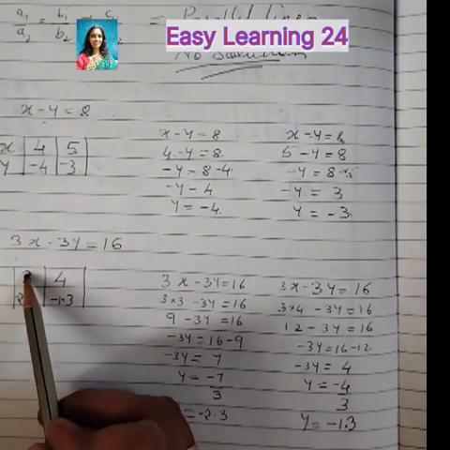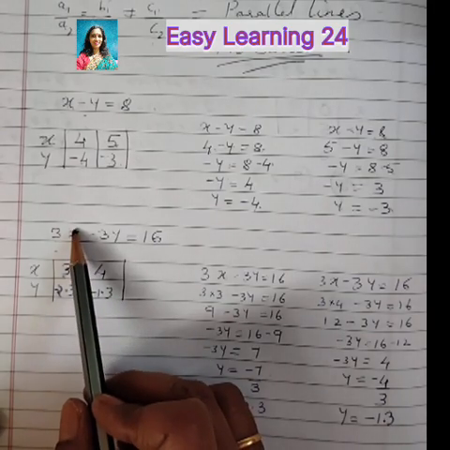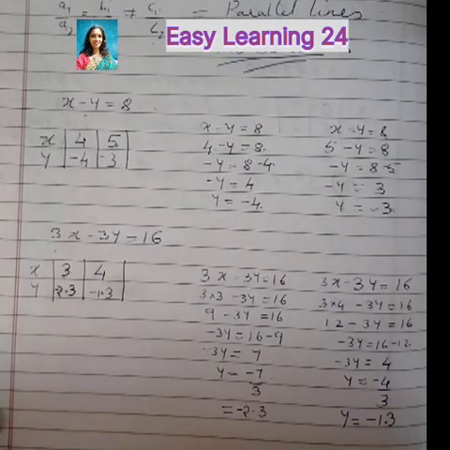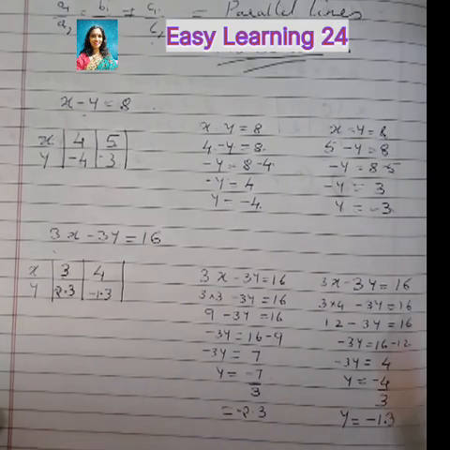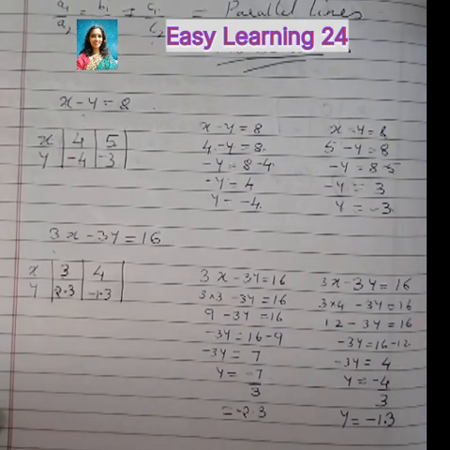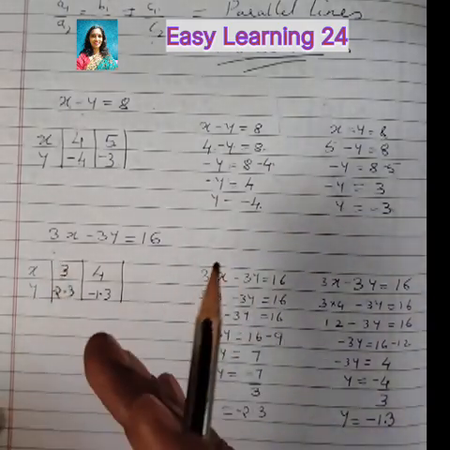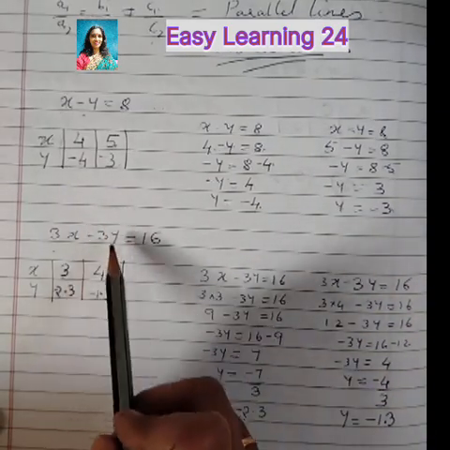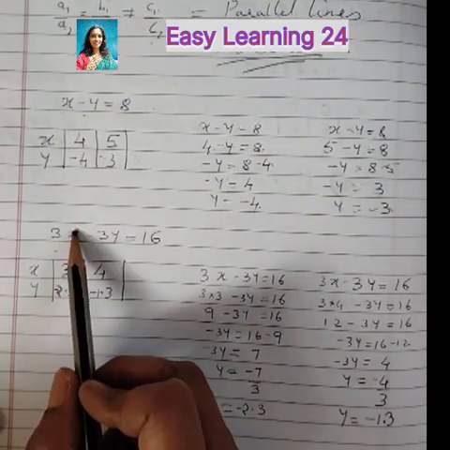I am taking the value of x as 3 over here. Why am I taking it this way, and not taking 1? Because when you take a bigger number, it is easier on the graph, as the points will come closer on the x-axis and y-axis. It will not go to 8, 9 outside the page. The values should come within 5 or 6, so it's easier to plot them. That is the reason I've taken the number 3, so that the value of y will be a little lower.